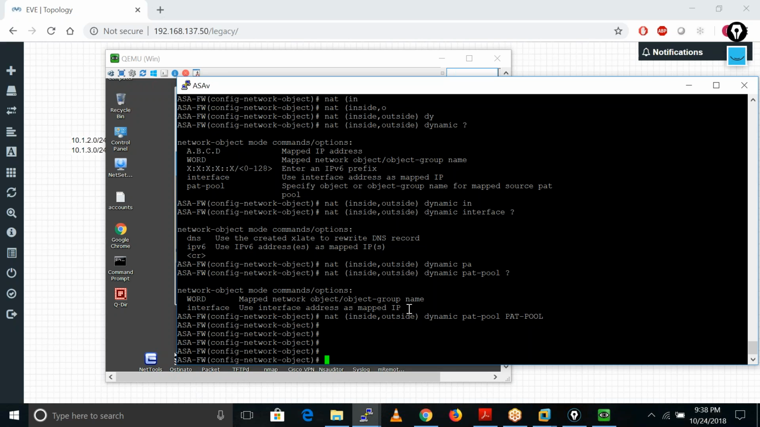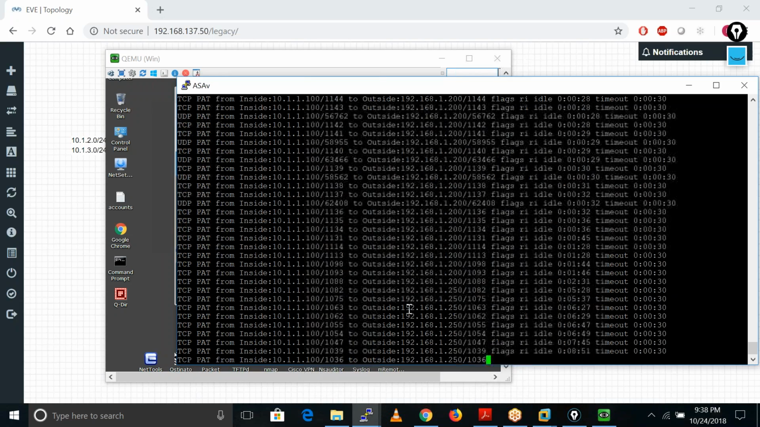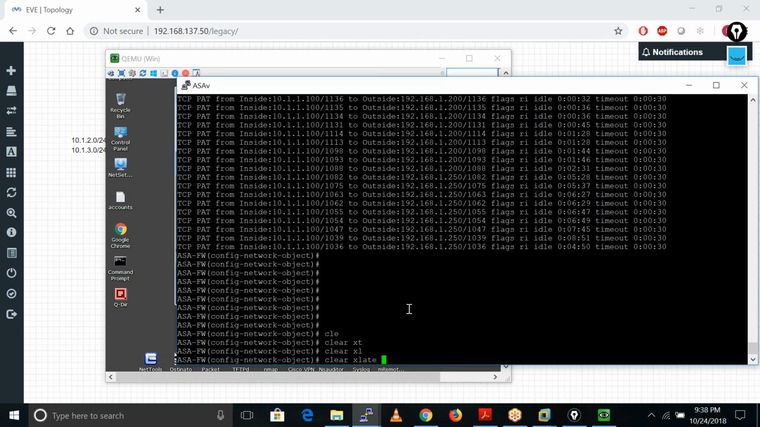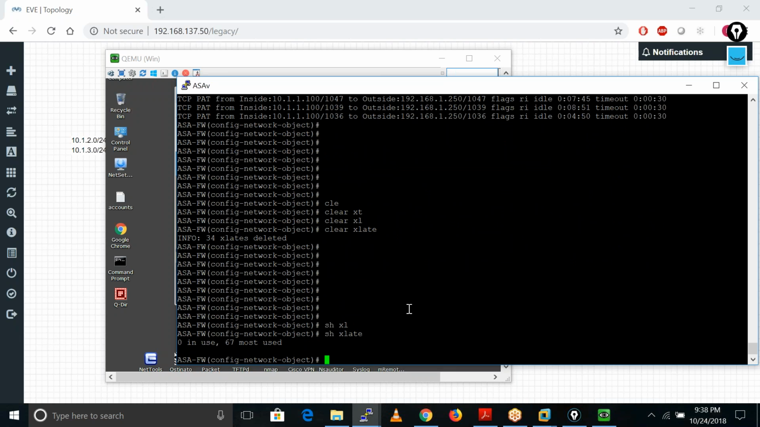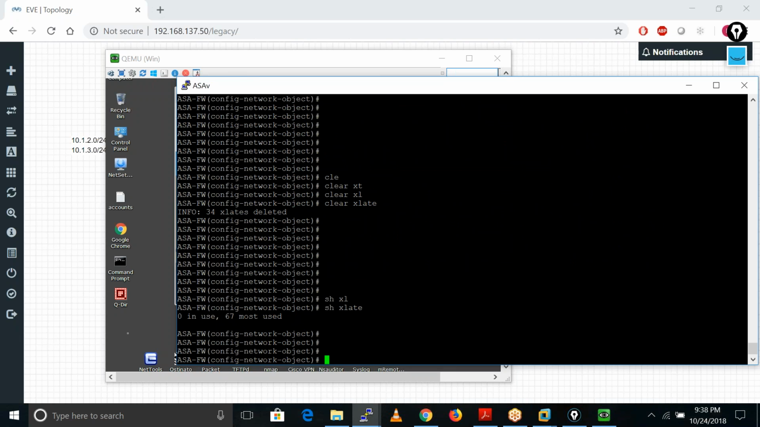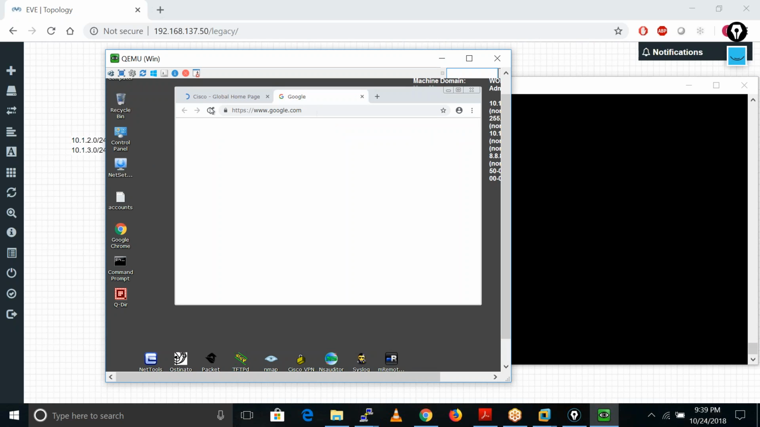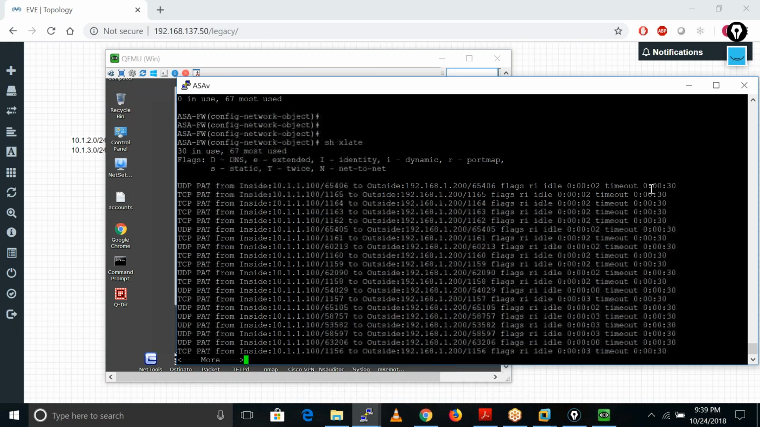So if I check the xlate table again, I have some xlate entries here. Okay. Because I can't initiate that many sessions from my systems, let me clear the xlate. Let me just go to this system and do some refreshing of these pages. If I check my xlate now, I am having, okay, and it is going to do the PAT on this IP address,